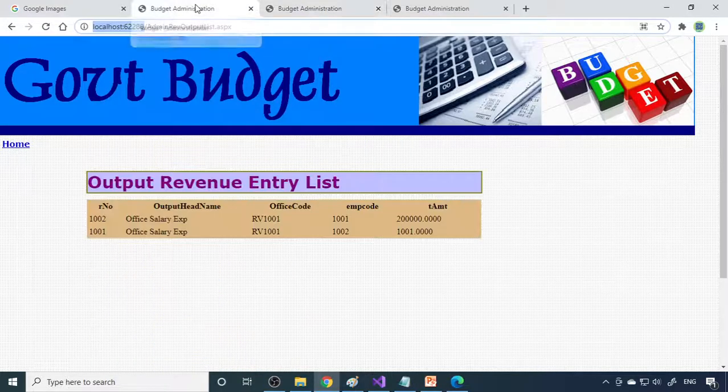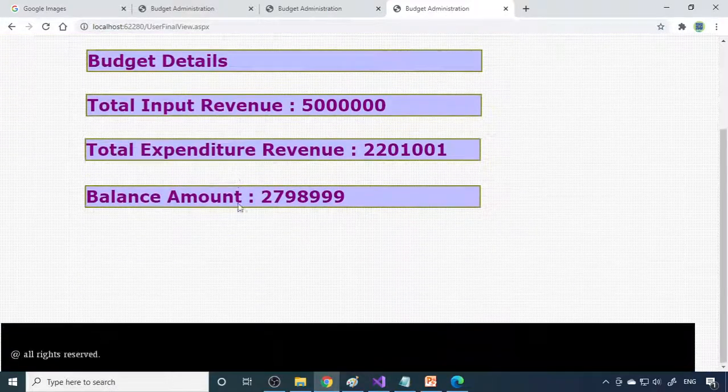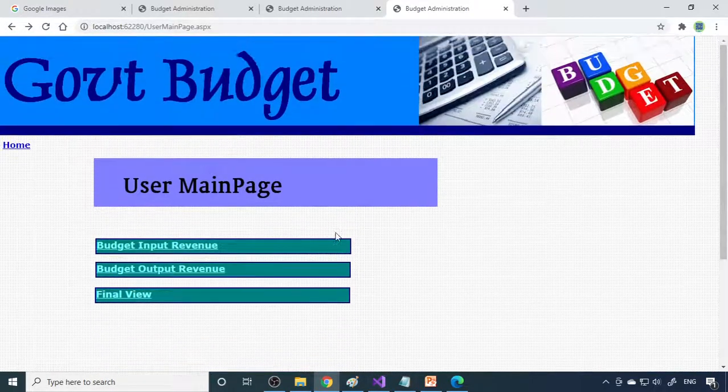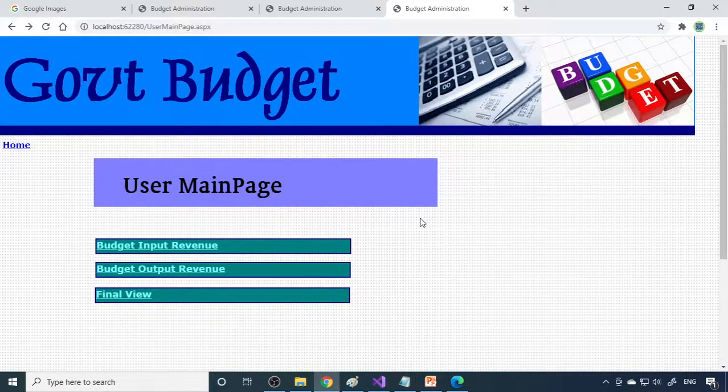So the admin page, here is the admin, here is the employee, and here is the user. So the user can see this. Depending on who your user is, you can also create different types of logins for them, and they can view only particular data or complete data. Since it is government data, they want to show it to everyone, so we can put everything, all input and output, for the user. So this is an entry level budget project, showing how we can do this.